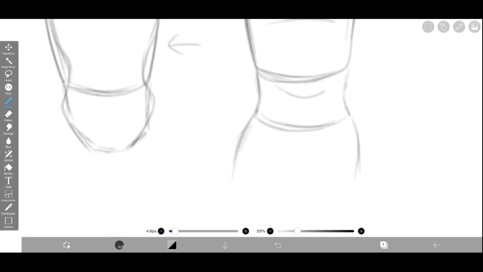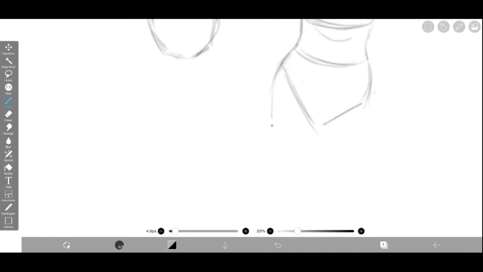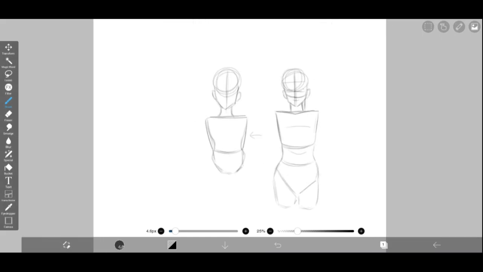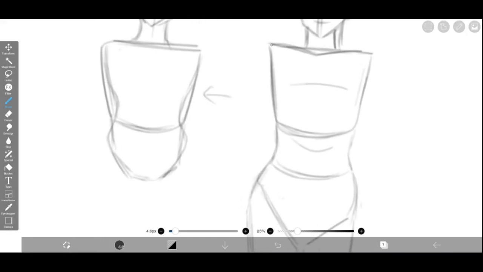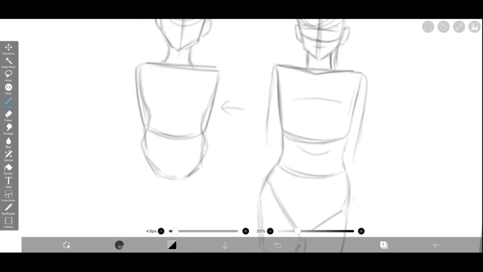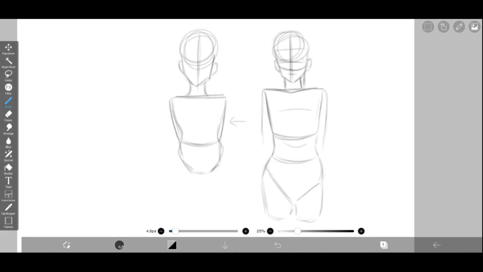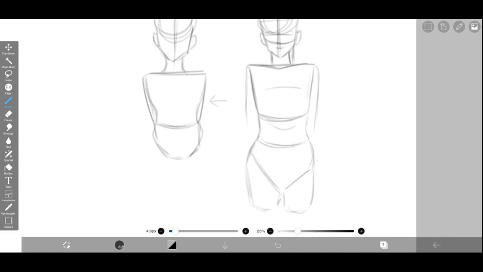And then you're going to make this area. And then you usually do like a triangle shape right here. So as you can see, you keep coming down, you make shapes. Comes like the legs, and then you just keep going. And yeah, so arms, you know, obviously, I'm not the greatest at arms, but it's just an